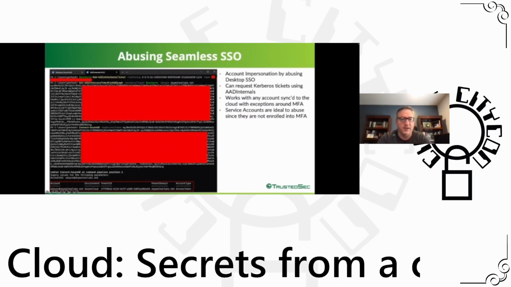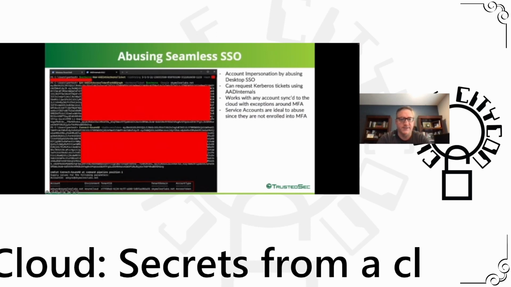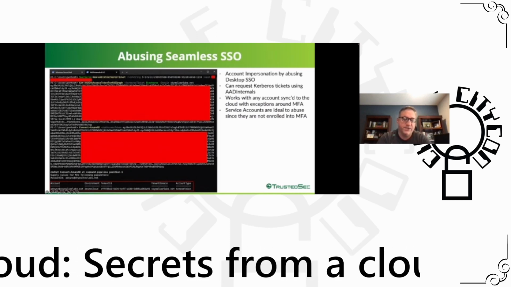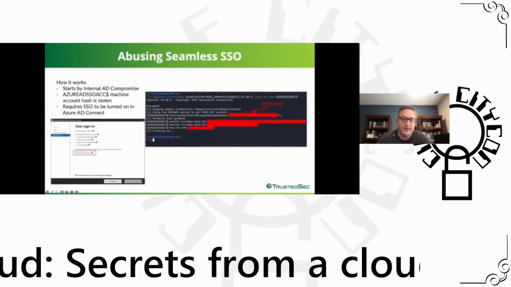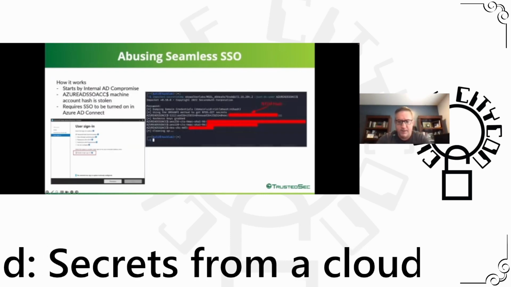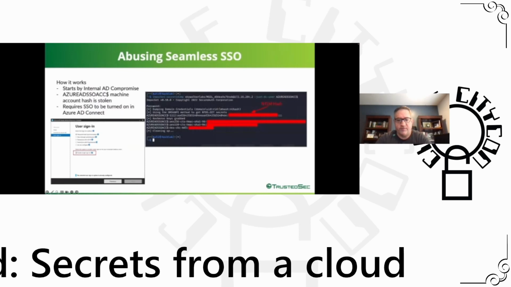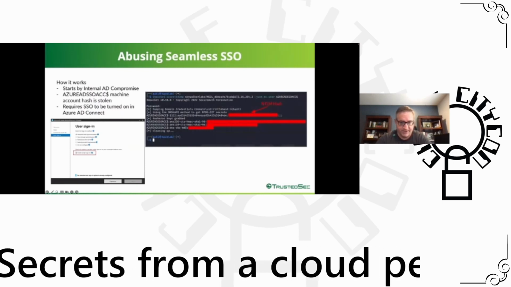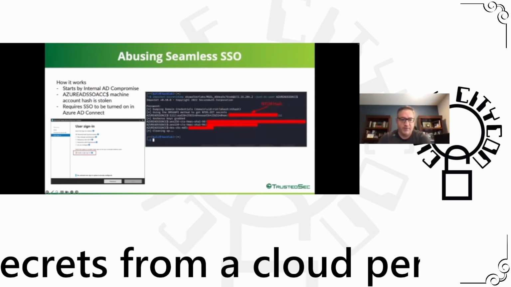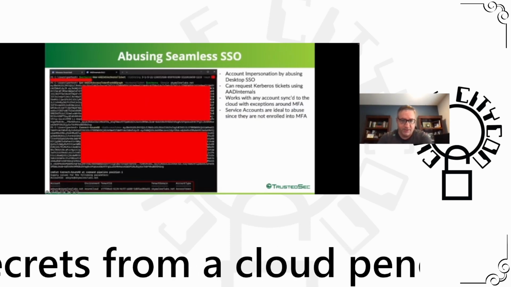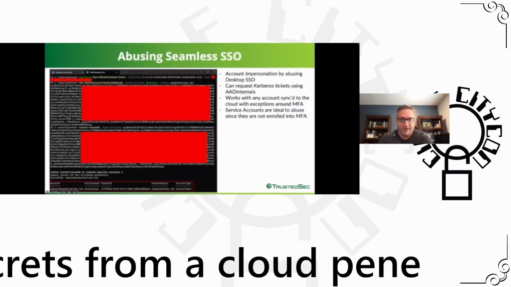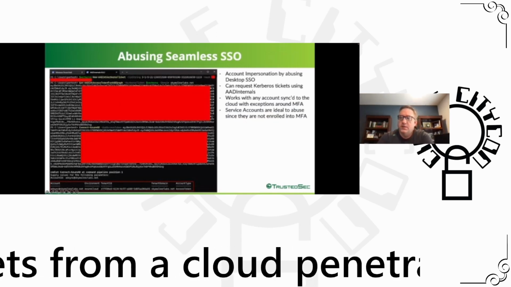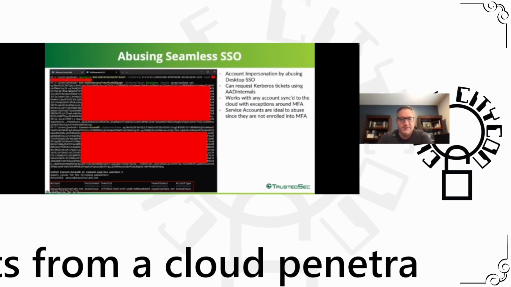But that's where this abusing seamless SSO attack comes into play, because that machine account that I showed on my previous slide, if you see that in your environment, I would treat it a lot like the KRBTGT account. If your domain ever gets compromised, you're going to need to rotate that account. So we've kind of pwned this entire cloud,